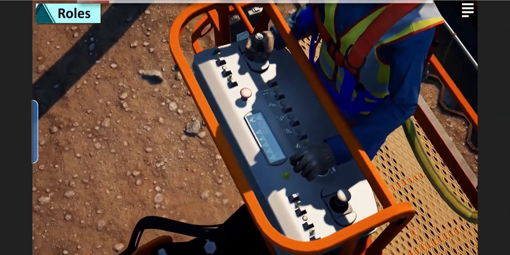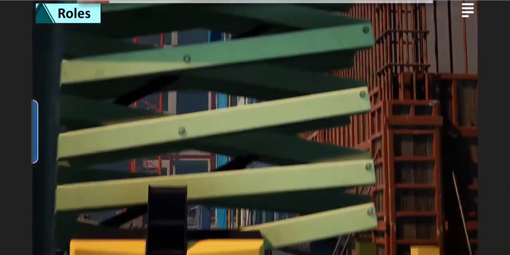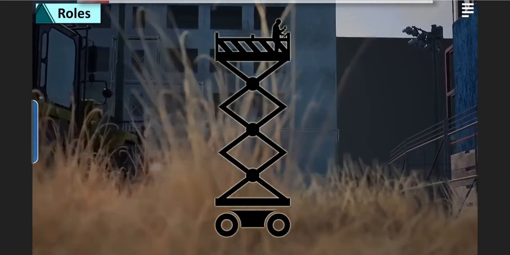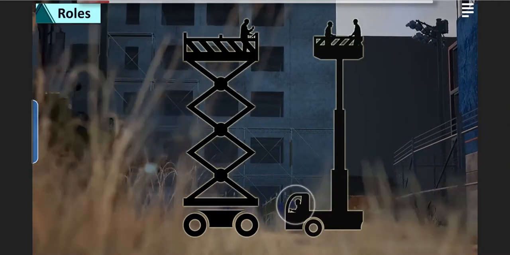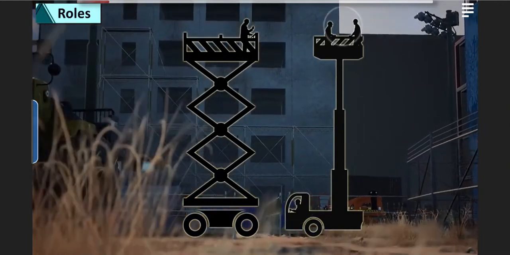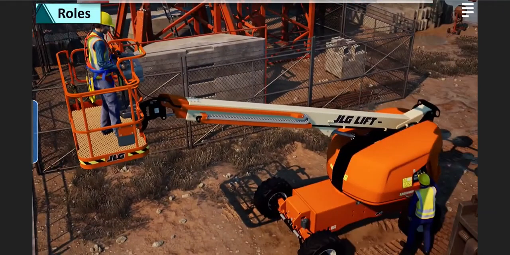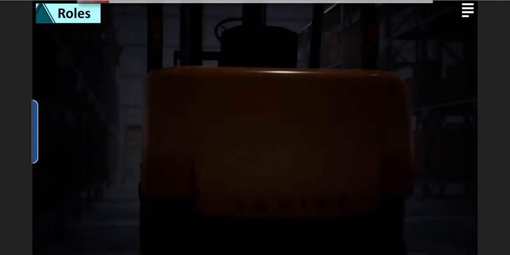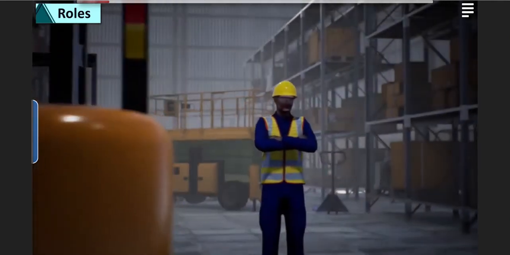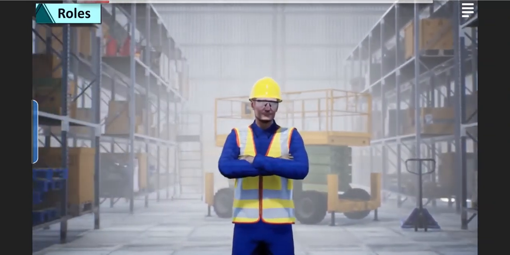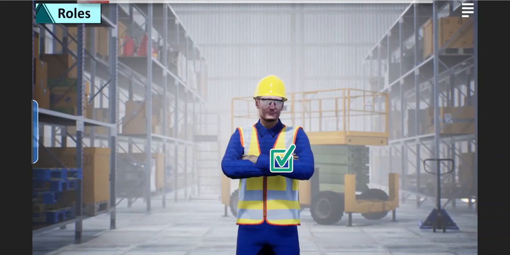An operator is a person qualified to operate MEWP controls, and an occupant is a person on the work platform. Again, these might be the same person or not. For example, on a standard scissor lift, it is common for there to be only one occupant who is also the operator. But on a truck-mounted Type 2 personnel lift, the operator stays on the ground while the occupants go up on the lift. In many boom lifts, it is also common to have one operator on the ground and another on the work platform. Finally, a supervisor is any person assigned to monitor the operator's performance during work with the MEWP. In many cases, the user and the supervisor will be the same person, but in larger operations, the user may